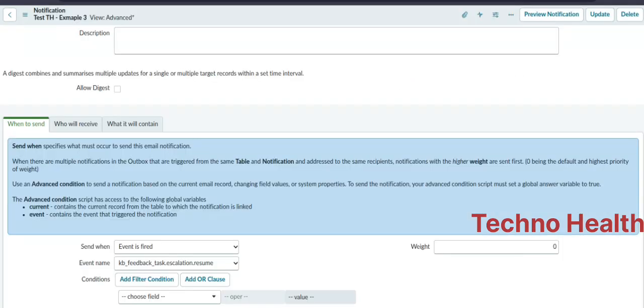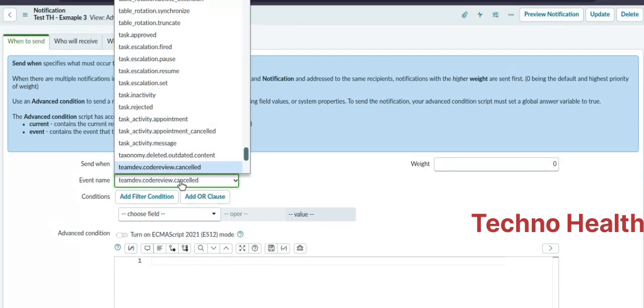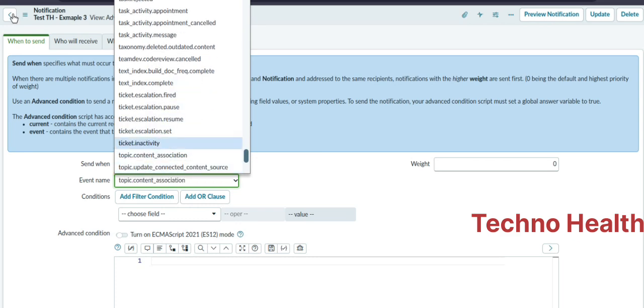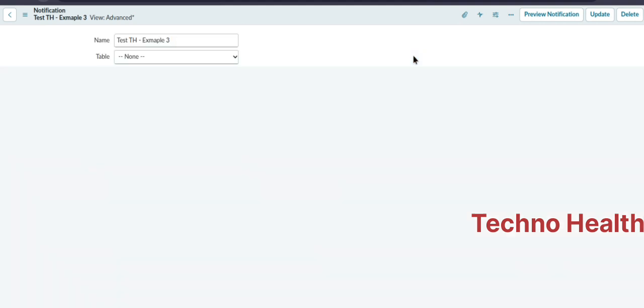Let me save this. Let me go back to example 3 and search for test. It should be created under event registry. Okay,